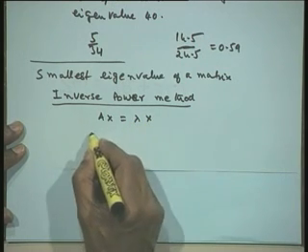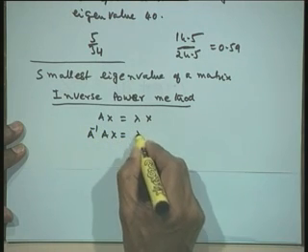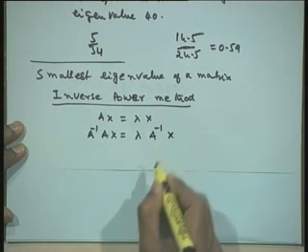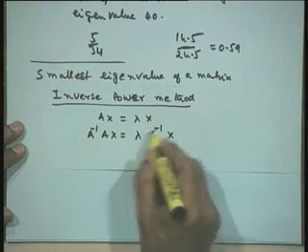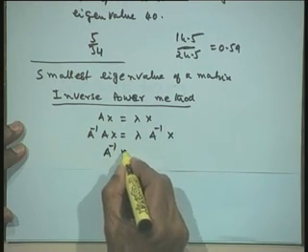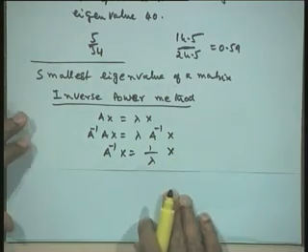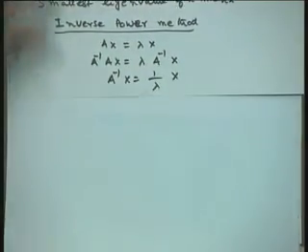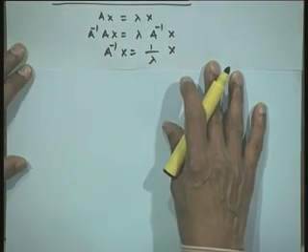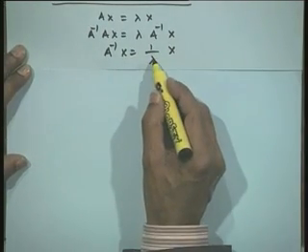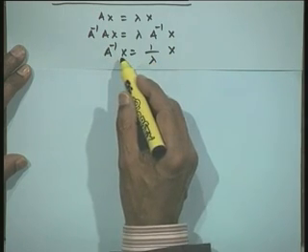Now, I pre-multiply by A inverse. So, I will have A inverse A x is equal to lambda A inverse x. Therefore, I bring lambda to this side and I will write the right hand side first. So, I will write A inverse x equals 1 upon lambda times x. We have discussed this earlier, but at this stage it is very relevant for us again. Now, therefore, 1 upon lambda is the eigenvalue of A inverse and the eigenvector x is the same.